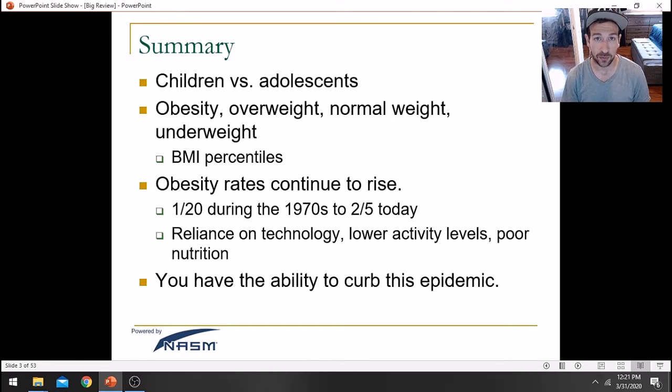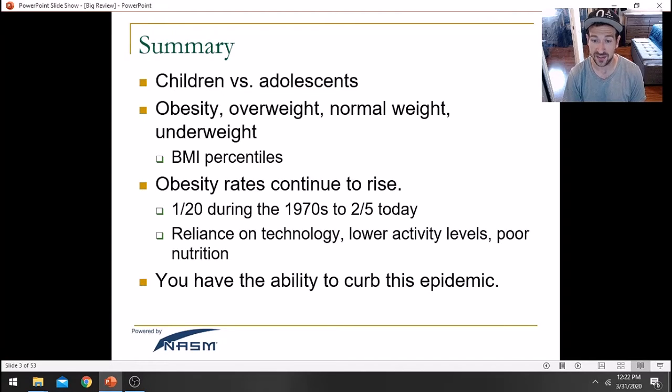We have our normal percentiles of 5 all the way up to 85th. Anything within there is considered a normal weight range, and that percentile is different for age 5, 6, 7, 8, whatever, right? Depending on what age it happens to be, the number of pounds fluctuates, but the percentile remains consistent, and that's something we definitely want to remember. So anything up to about 85 is considered normal weight. 85th to 95th percentile is going to be considered overweight, and anything above the 95th percentile is going to be